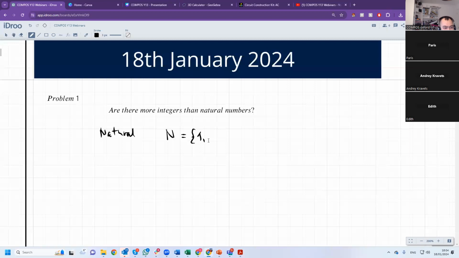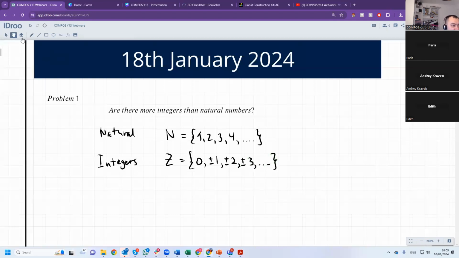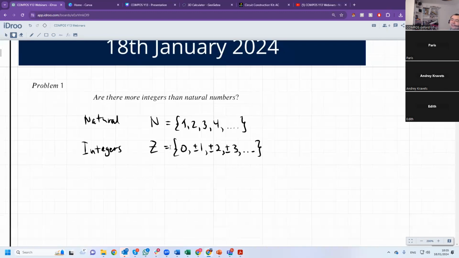So natural numbers are 1, 2, 3, 4, etc. And integers is Z, and that's 0, plus or minus 1, plus or minus 2, plus or minus 3, etc. Yes, of course, there's infinity of both, but